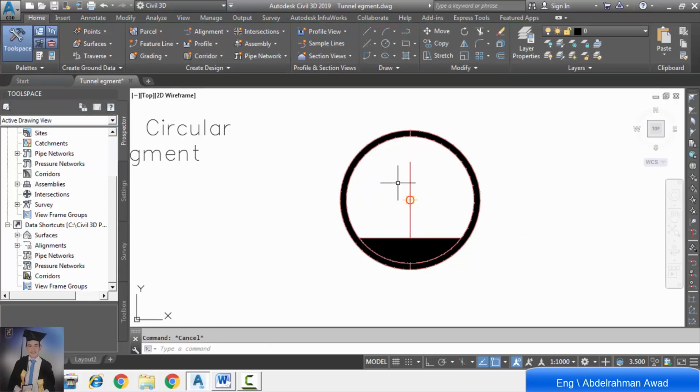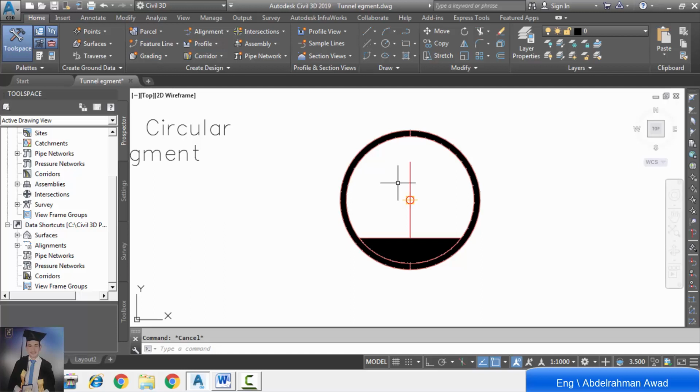The color is changed, so we added code for the left half, and finally we added code for all sub-assemblies. Now we finished the tunnel segment